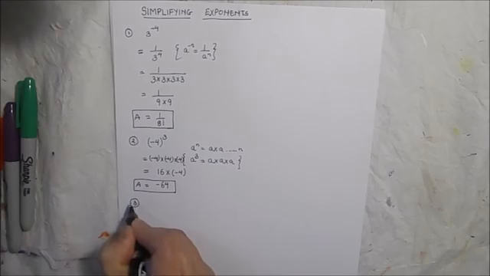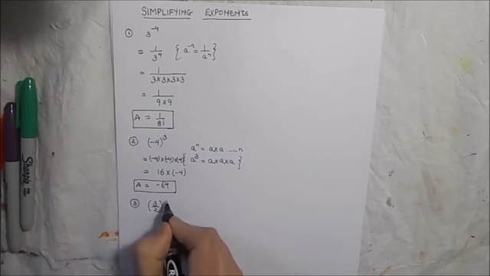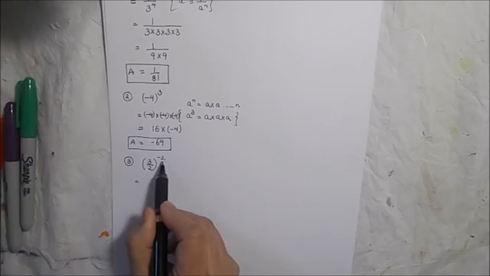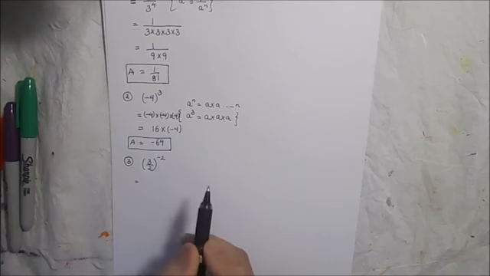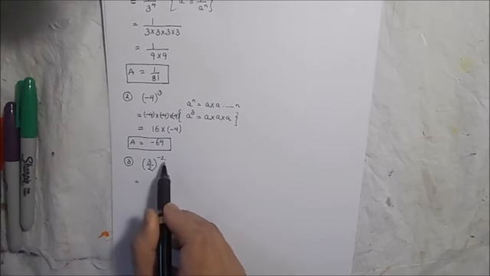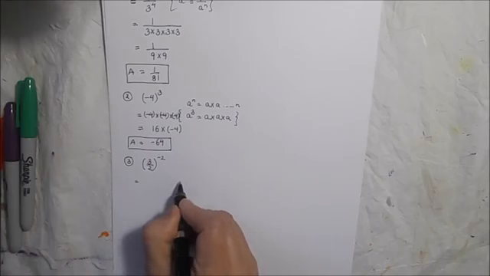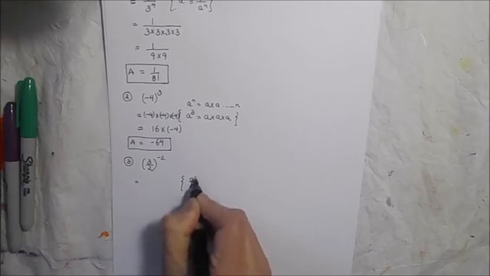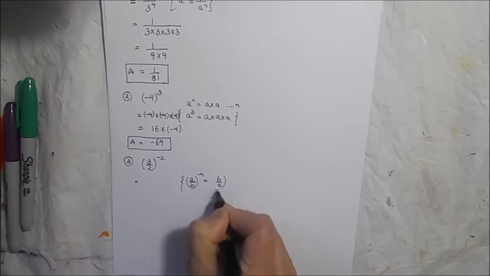Let's take another example. Here we are taking a fraction: 3 over 2 to the power negative 2. In this example, we see that the exponent is a negative exponent. So when we see a negative exponent, we just have to use the negative exponent rule to make the exponent positive. According to the negative exponent rule for a fraction, a over b to the power minus n will be equal to b over a to the power n.